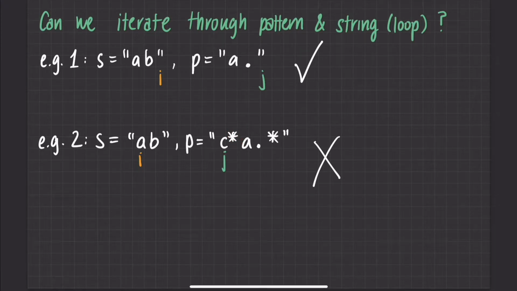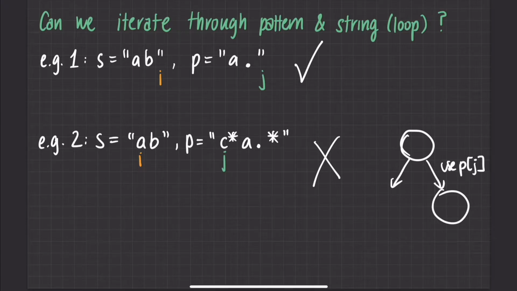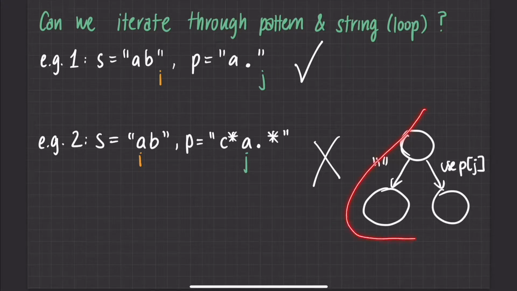So at any decision node we are at with a star, we can either use one of the PJs to move on to the next stage, or we cannot use it and we can only use an empty string, right? Meaning that we don't use PJ and we simply move J forward by 2 to skip this term and move on to the next item over. So this sort of idea is a decision tree, and in particular, we're going to implement this using top-down dynamic